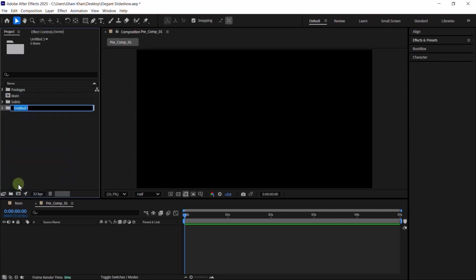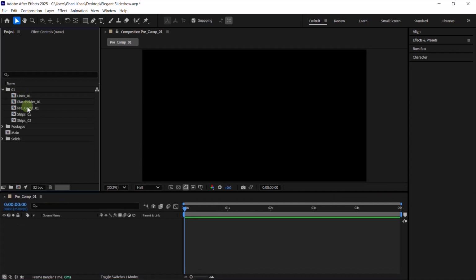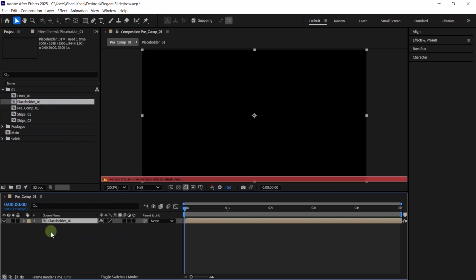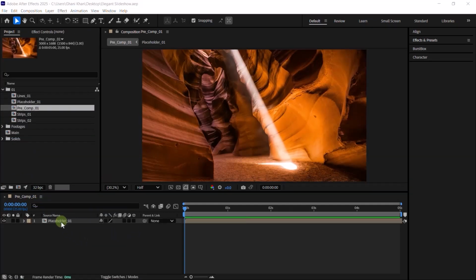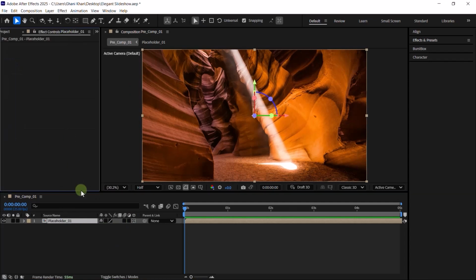Create a new folder, rename this 01, and close the main for now, and let's just go through folder 1 and drag and drop the placeholder composition into my pre-comp. So once you added your placeholder into pre-comp composition, now let's make it 3D. Let's just add here motion tiles. And motion tile, let's just turn on the mirror edges and let's change the output height something like